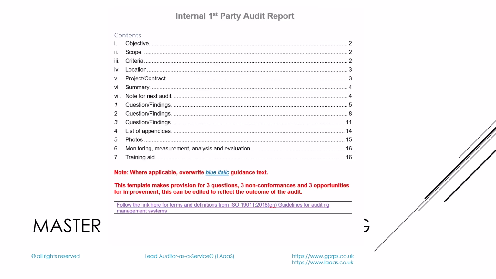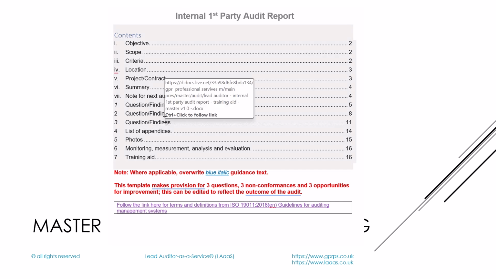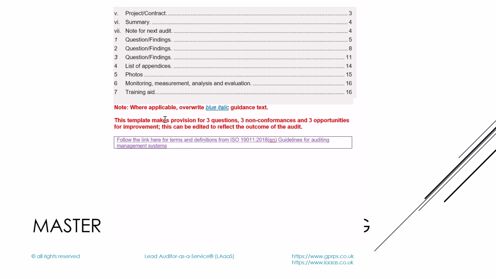So we actually have three templates, tools that you can use. We have a lead auditor audit template, an internal auditor audit template, and then a third, which is just a basic blank template. This is actually the lead auditor example, and